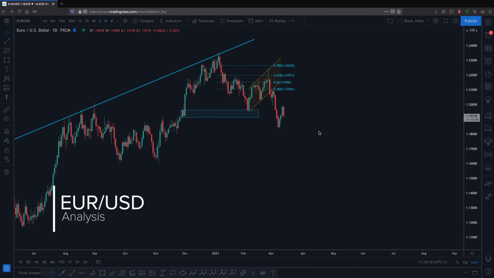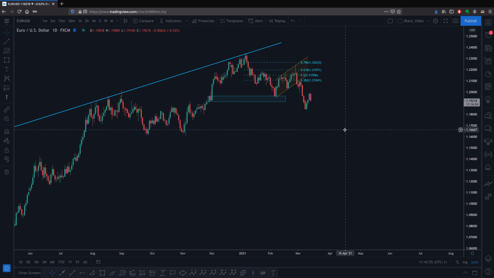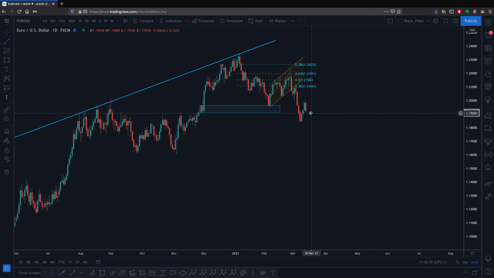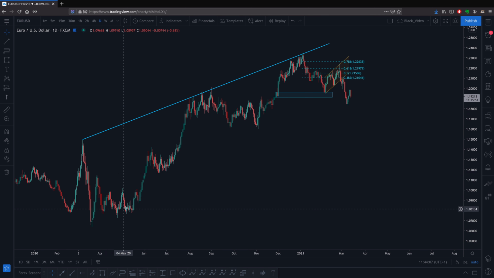Let's talk about EUR/USD. In the Euro, we got a lot of nice entry signals the last couple of weeks. I'll walk you through how we analyze the market, what opportunities we see, and how to execute them. As you can see, EUR/USD had a pretty nice uptrend on the daily chart